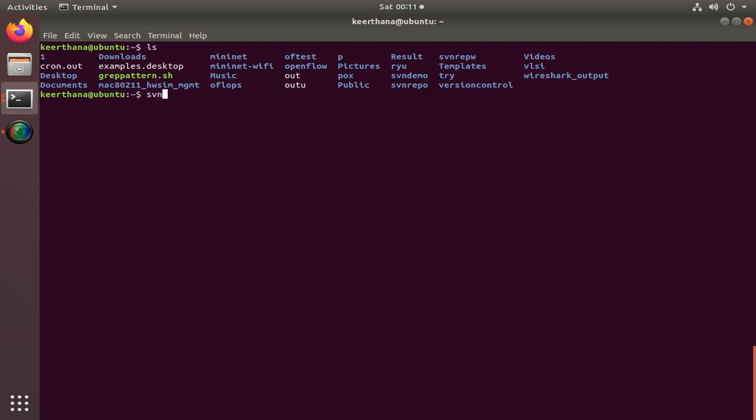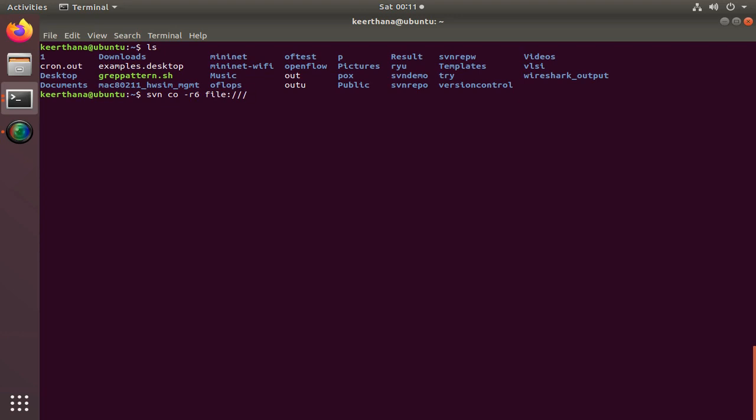Okay, we'll see svn checkout. I want the sixth version of that repository or documentation, so you can use -r 6. And then you have to specify the location of the repository. The repository is stored on my local disk, so I'm using the file scheme.